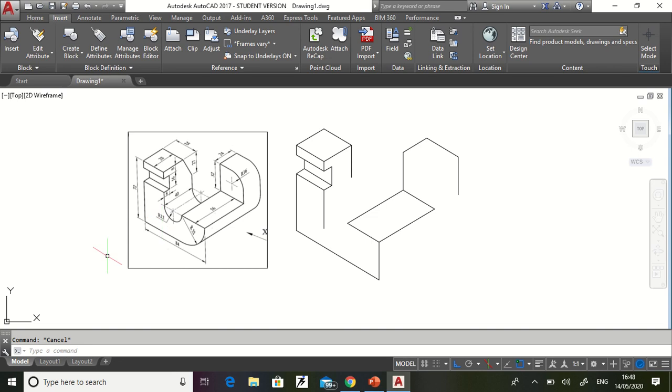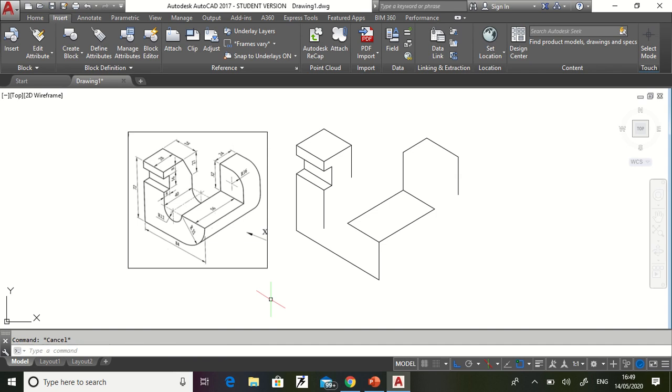Very important, we have to type the command called ellipse. Shortcut for that is EL, ellipse. Once you click on ellipse, it will ask specify axis endpoint of ellipse or arc center isocircle. So in isometric the circle is called an isocircle. The shortcut for starting isocircle is I.